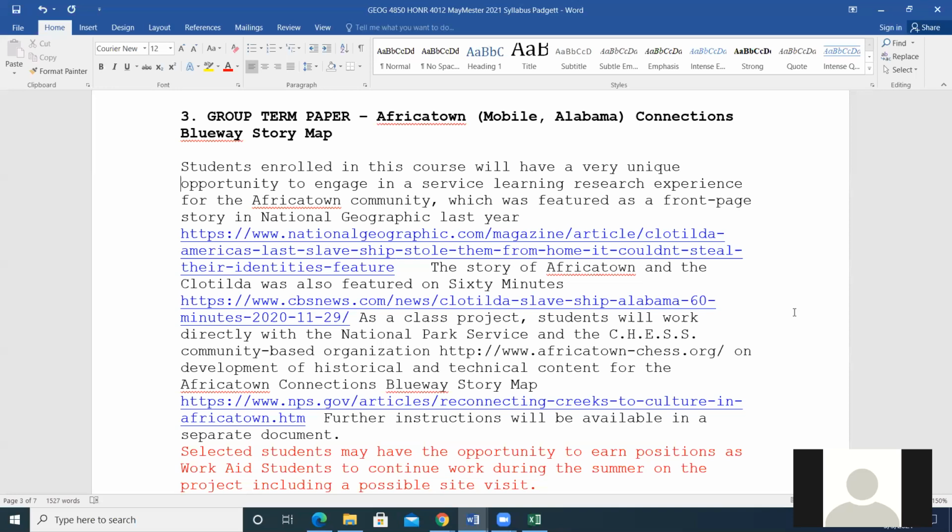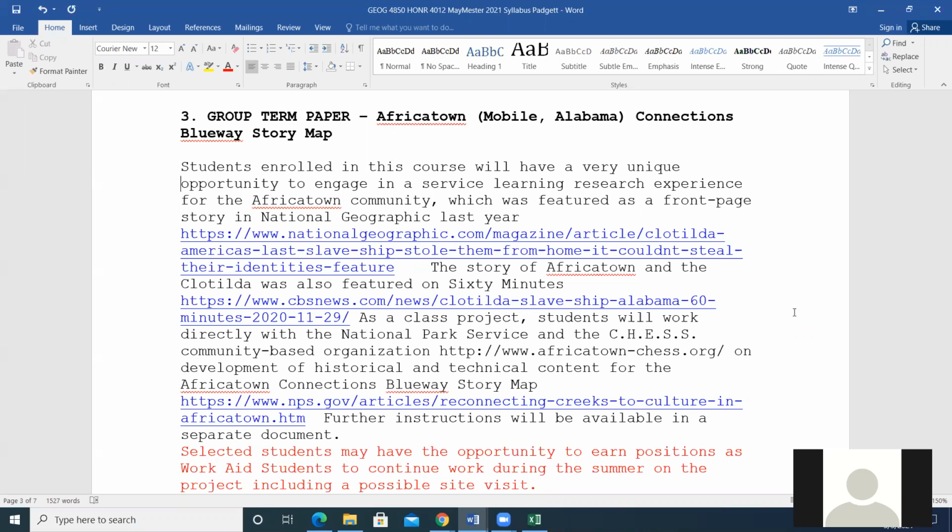So a couple of years ago, remember I said that the pirates tried to destroy the ship. A couple of years ago, the ship was rediscovered. And if you think about the historical significance, Africatown is the only settlement in this country that was built by African people. I mean, also there have been a series of